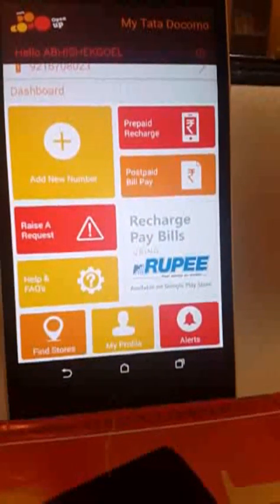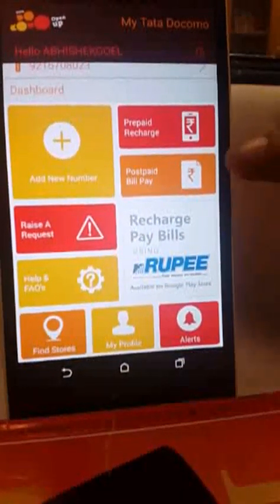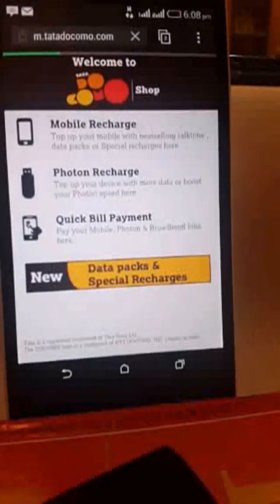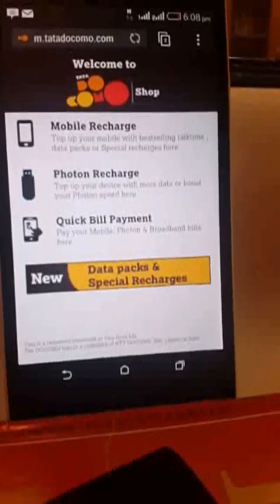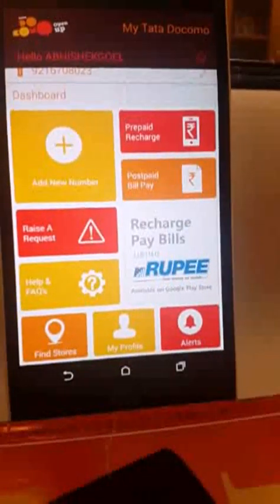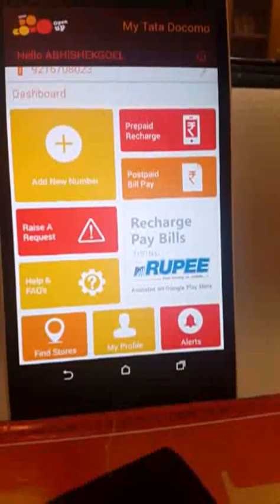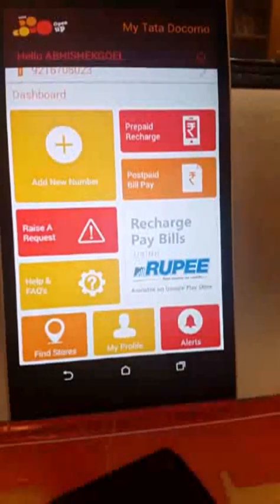Now coming to the postpaid bill part, if I want to make the payment, I can click on this button. It is giving me three options: mobile recharge, Photon recharge, quick bill payment. So I can go on to the quick bill payment and make my payments. Now if I want to see my profile, like what is my billed and unbilled account, I should go to my profile,